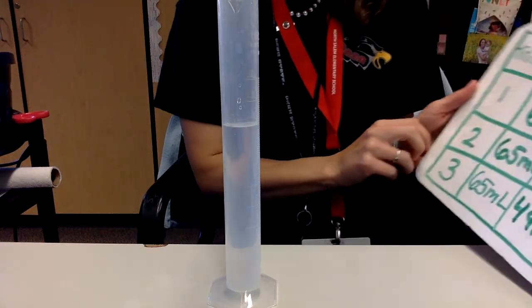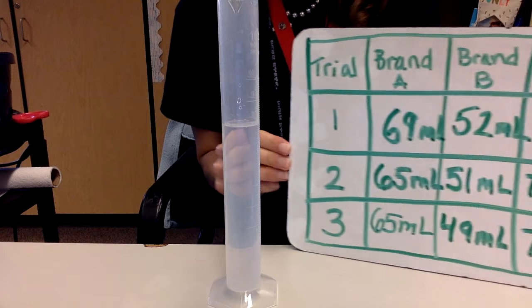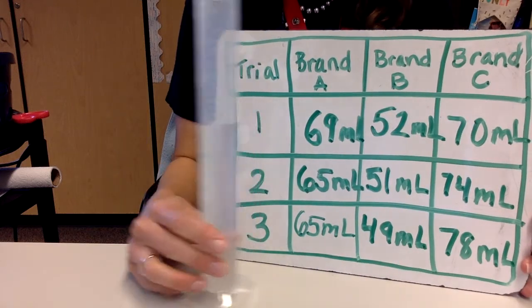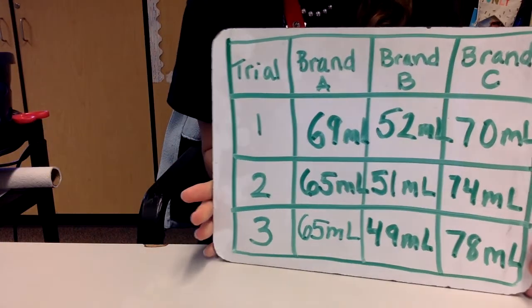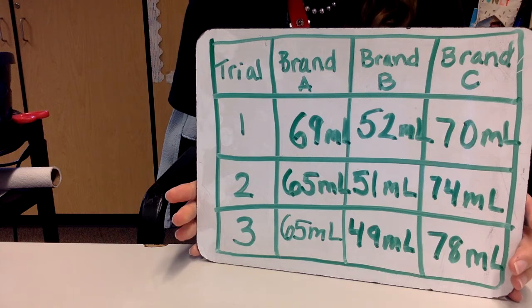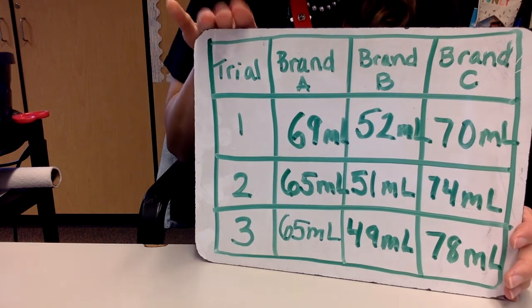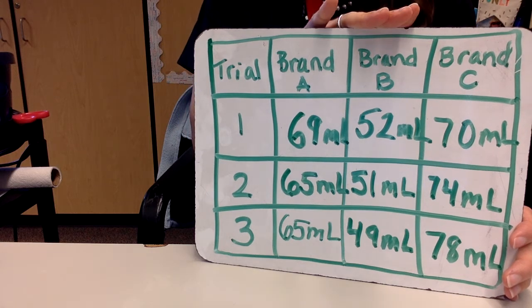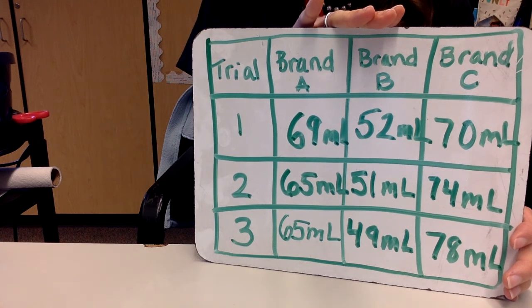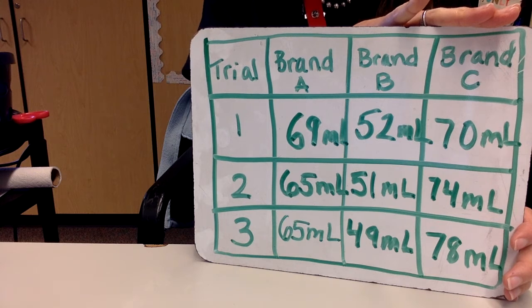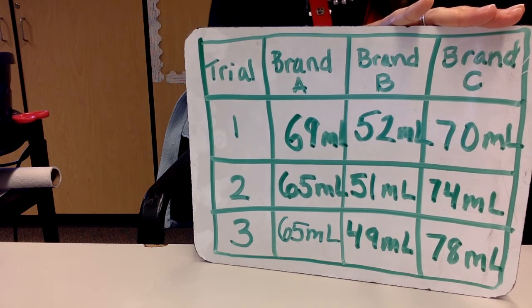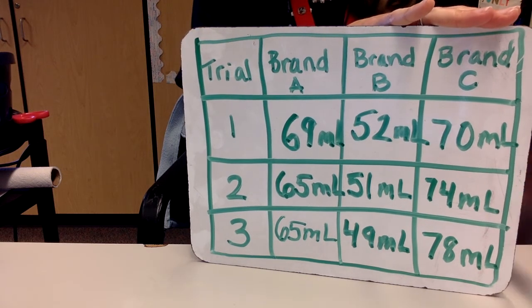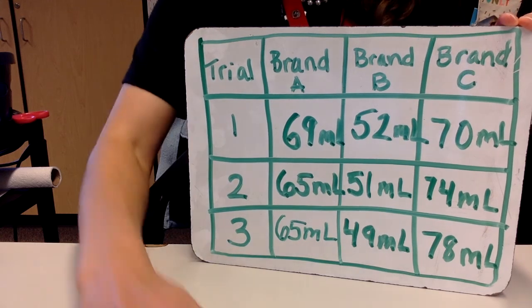But regardless of that fact, what conclusions could you come to based on the amount of water that was left behind by brand A, we're thinking about the store brand, brand B, Bounty, Quicker Picker Upper, and brand C, our classroom paper towels? Okay, we'll talk about it